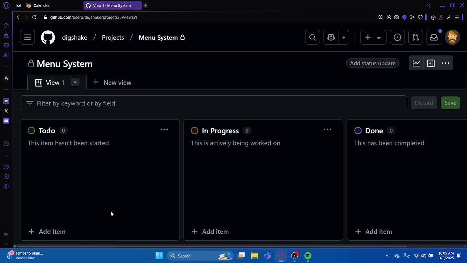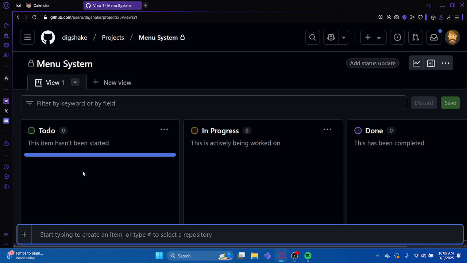You can see these are called lanes. So every task is going to start over here in sort of the to-do lane. This is the list of things that need to be done. And the first thing that you and your group are going to need to do for the project is sit down and brainstorm some things that need to go into this. For our purposes, for this menu system, we've actually kind of already done a few tasks. If you remember, I already kind of coded up a few things last week. But to add something onto here, we're going to